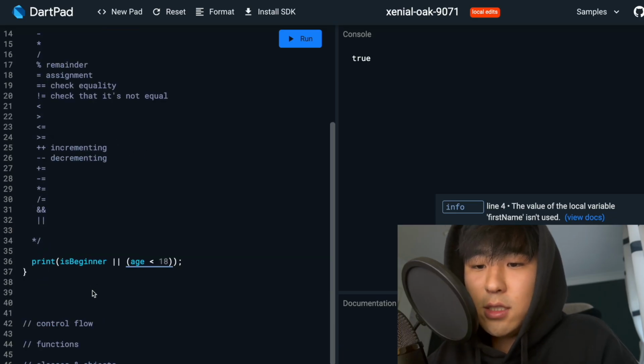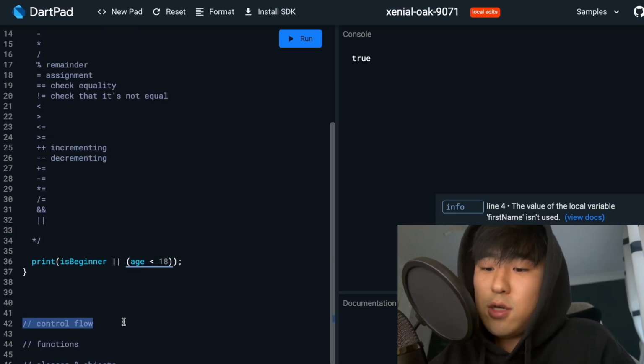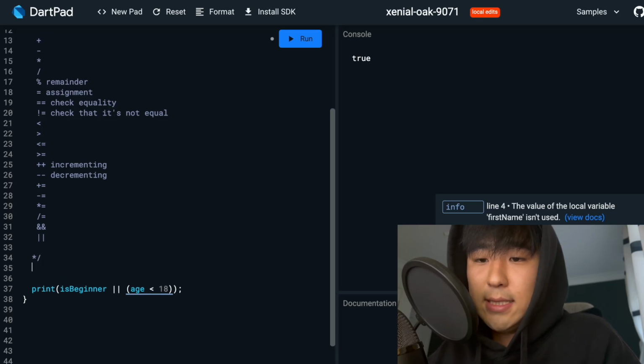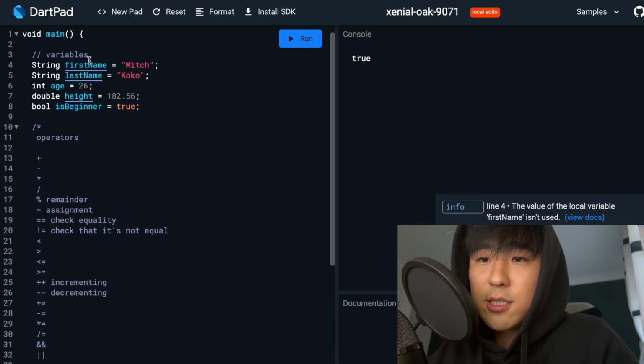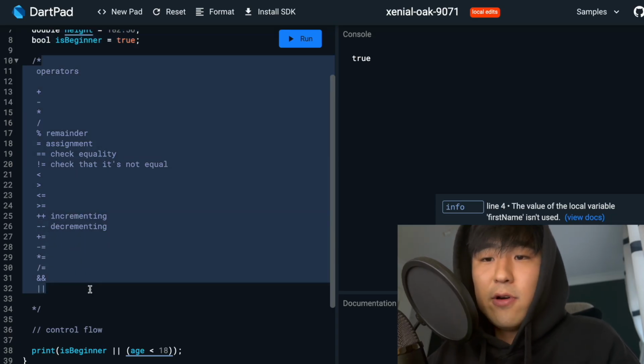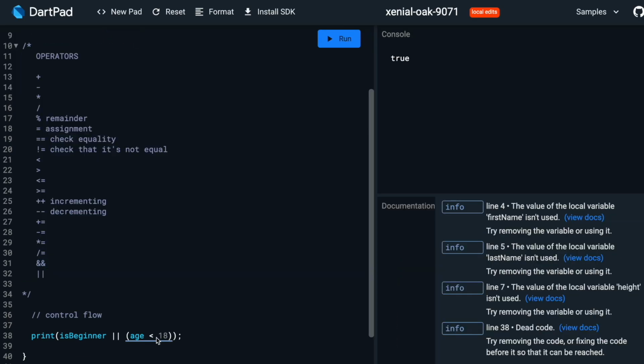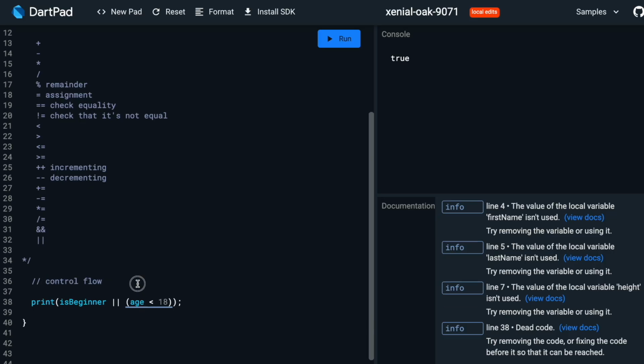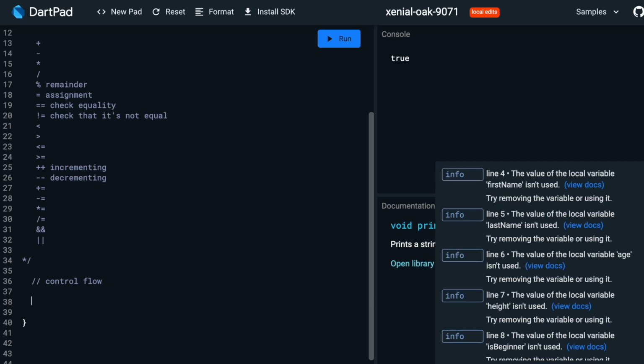Let's turn our attention to the control flow. So this is a very big important idea. So now we have some variables. We can mix up these variables with different operators, which brings us to the control flow. Now this is a very essential part of programming, and if I just get rid of this print statement, the most fundamental and most commonly used control flow, I'm sure you have maybe seen this before,